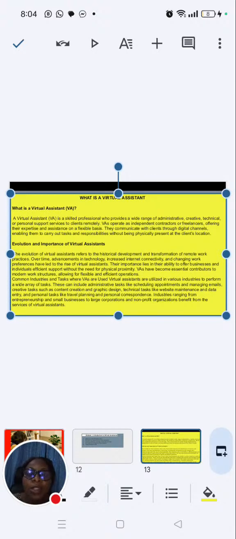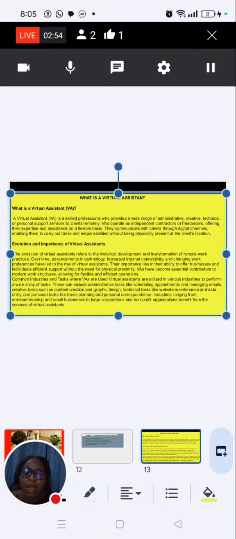What is virtual assistant? So a virtual assistant is a skilled professional who provides a wide range of administrative, creative, technical, or personal support services to clients remotely. Virtual assistants operate as independent contractors or freelancers. Let me explain this. So when we talk about administrative, creative, technical, or personal support services, what it means is